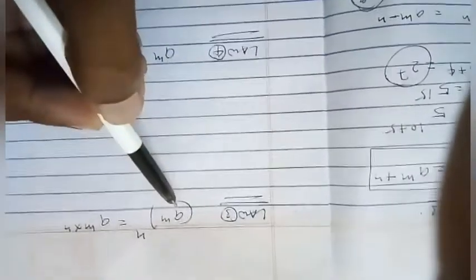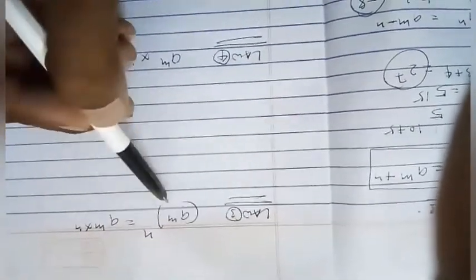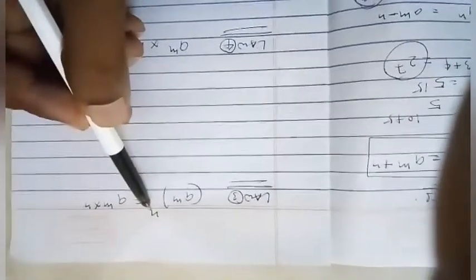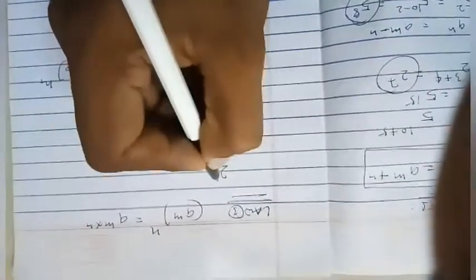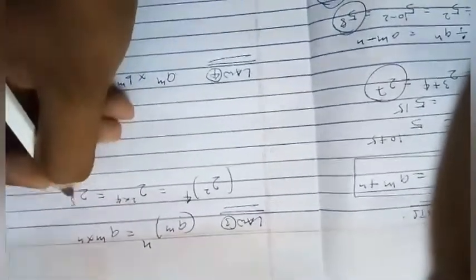Now rule number 3 is if you are having two exponents. Here you can see the base is a, the first exponent is m, then a raised to m raised to n. Here you are having two exponents, so you have to multiply the exponents. Suppose you are having 2 raised to 2 raised to 4, then the answer would be 2 raised to 2 into 4, so 2 raised to 8.